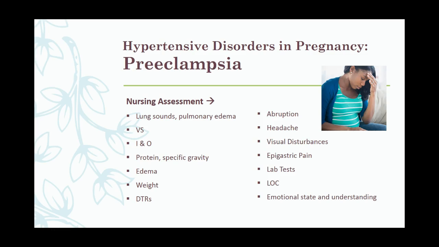These people need lab tests. They need 24-hour urines. We need to be looking at protein and specific gravity. Like I said before, we need to be type and screening these people. We need to be checking,